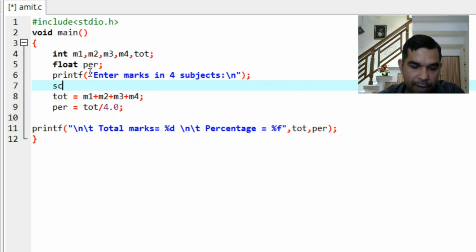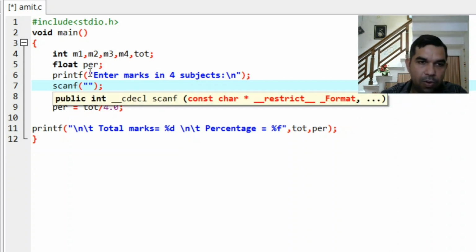Okay, then how can we store those marks in these variables? For that we have scanf. Just have a look at the syntax. Scanf ended with a semicolon, and we have double quotes. For the number of variables we have, we use the format string. As we are going to enter integer values, we write %d, %d, %d and %d, 4 times.